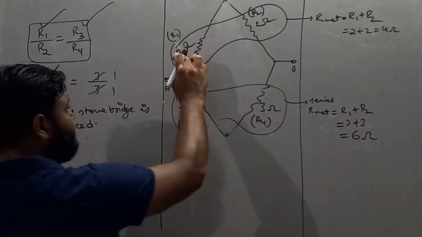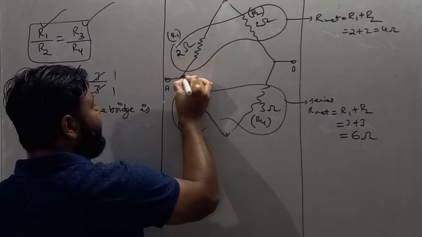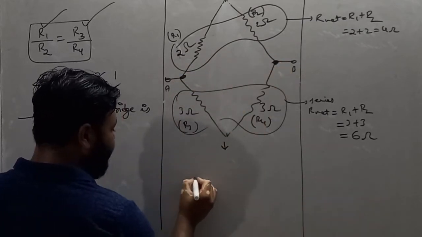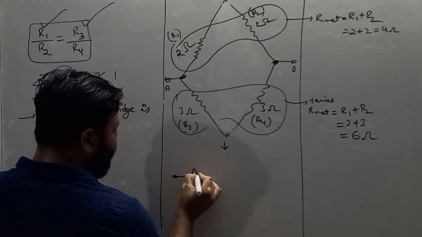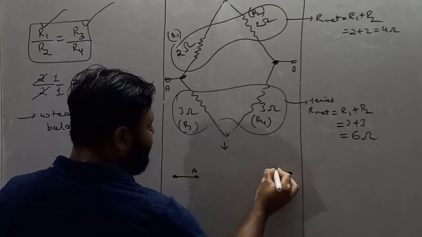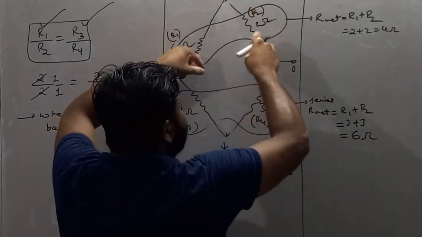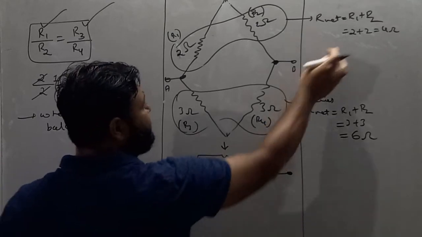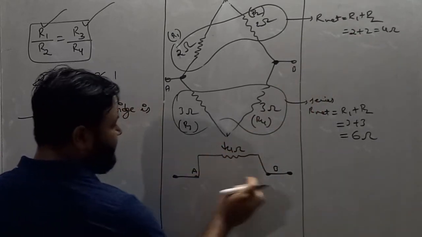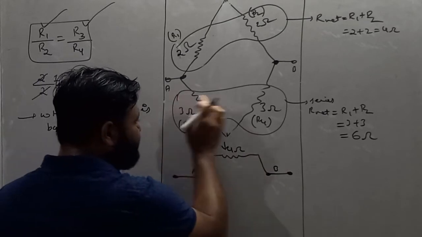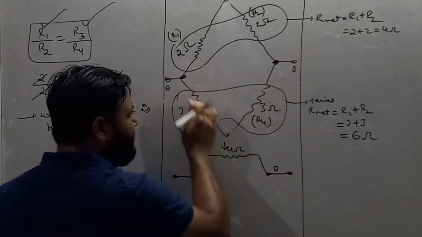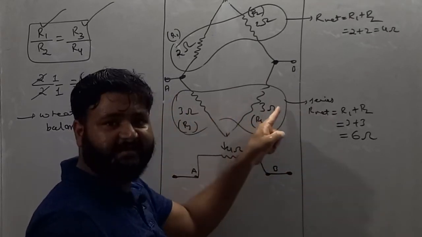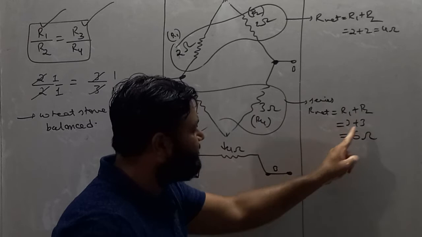Now see, these two resistors are connected between point A and B. See my dear student, I am making the circuit again. So this is our point A and this is our point B. These two resistors are connected between point A and B, so connect one resistor having resistance now 4 ohm between point A and B. Similarly, this 3 and this 3 are also connected between point A and B, and we'll get its net resistance because both the resistors are in series. So R1 plus R2, 3 plus 3 it is 6.